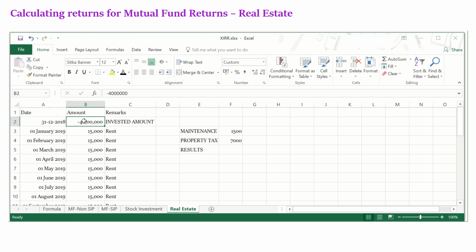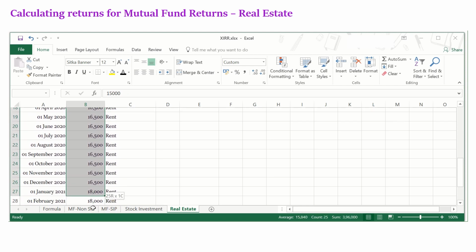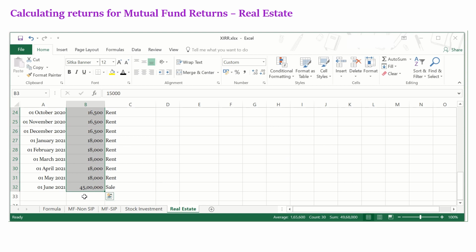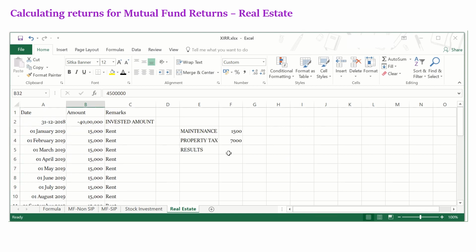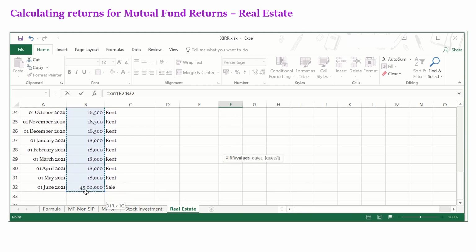So the first value, which is the investment amount, is an outgo, it's negative, and from there on all the values are positive. The rent values are all income to that person and it's all positive, and even the sale is positive. So let us just calculate the results. XIRR, financial numbers first, followed by the date range.